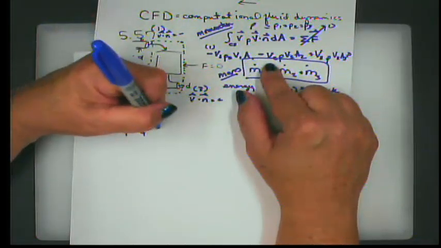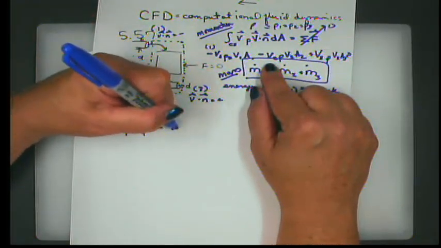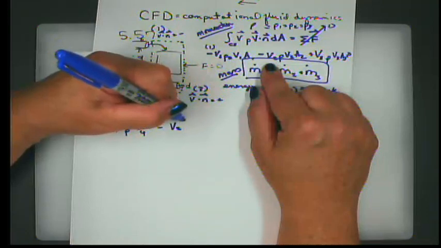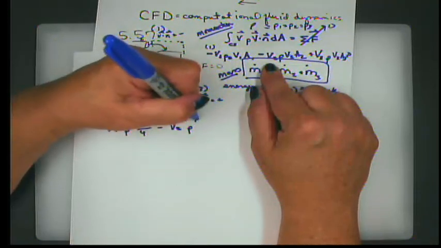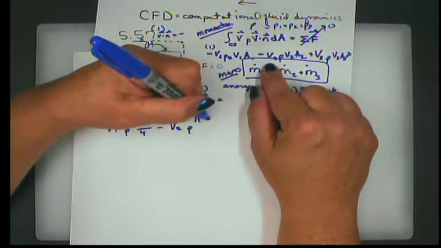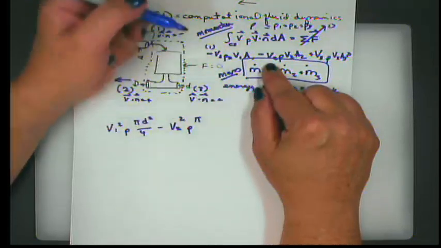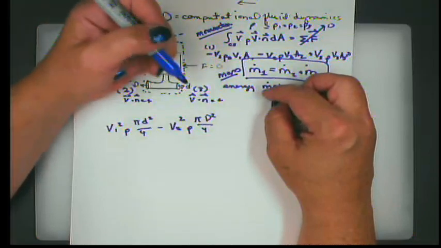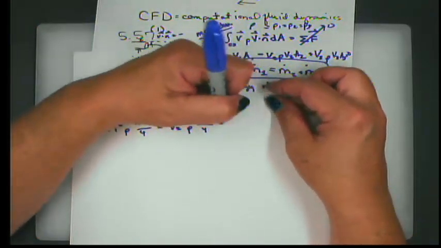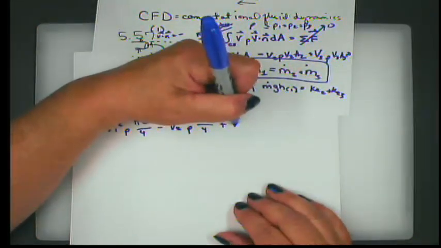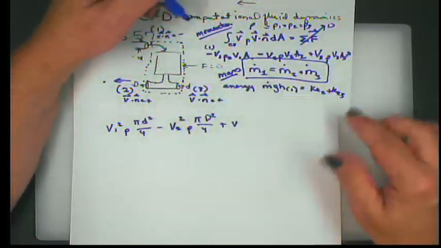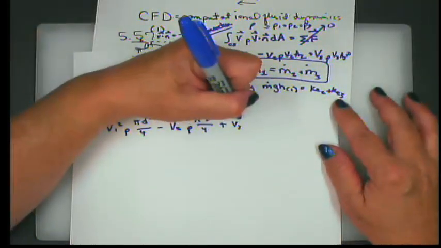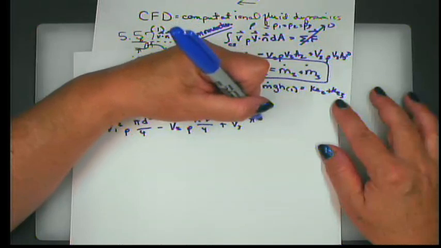Here we're going to have minus V2 squared rho pi times, in this case 2, we have capital D squared over 4, plus, it's plus because it's positive and it's coming out of the control volume, V3 squared rho little d squared